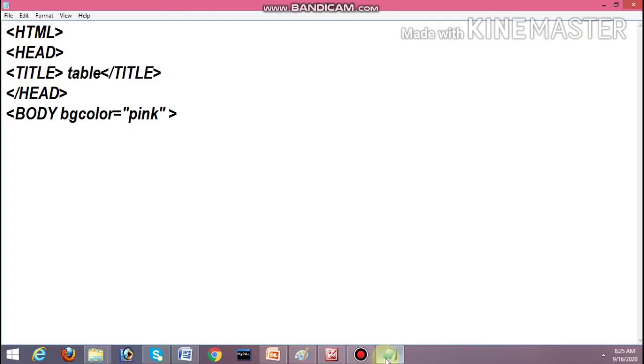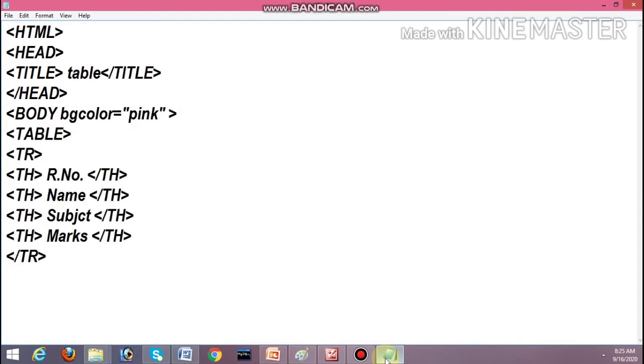Now we are going to create a web page in Notepad. Open the Notepad, then give the structure: HTML, head, title, and close the head, body. Now give the table tag, then the first row TR, that is the heading: roll number, second heading name, subject and marks.